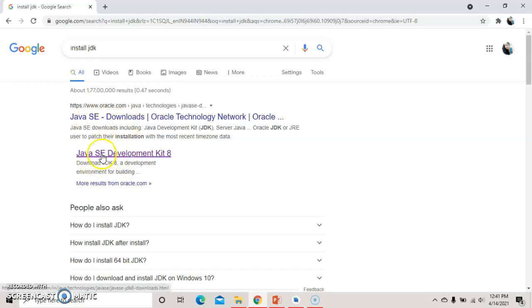Now this is Java SE Development Kit 8. So you can take this Java Development Kit 8. We need JDK 5 or later version, so you can take the JDK, click on it and install it.